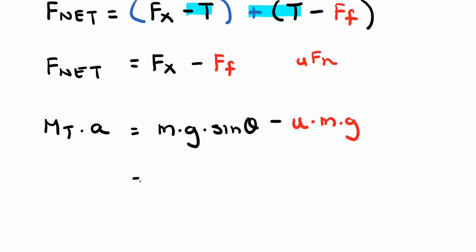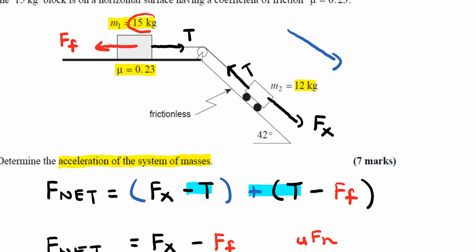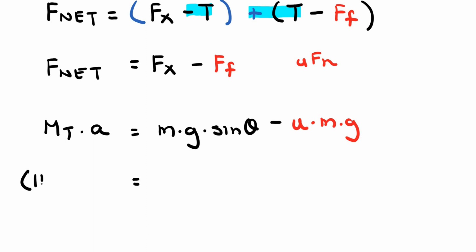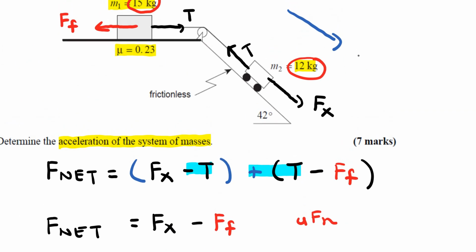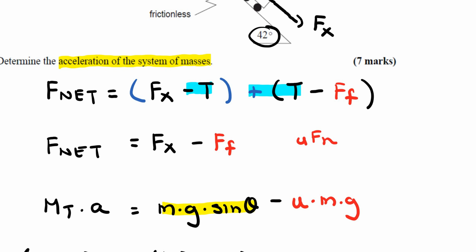Okay, so let's go ahead and find out the total mass here. If I go back to my diagram here, I have a mass of 15 kilograms and another mass of 12 kilograms. So the total mass will be 15 plus 12, times the acceleration. And then we need to calculate the mg sine theta there, and that's corresponding to the 12 kilogram mass. All right, so that's going to be 12 times 9.80 times sine of the angle, and the angle that we're given in this particular problem is 42 degrees,